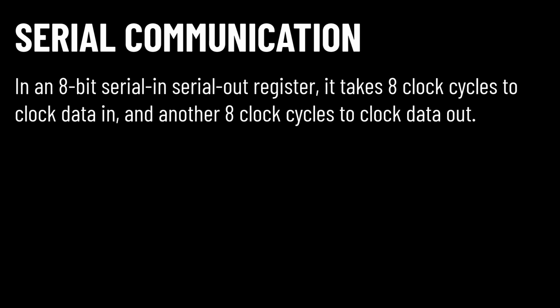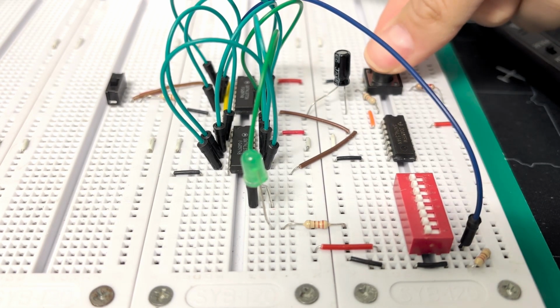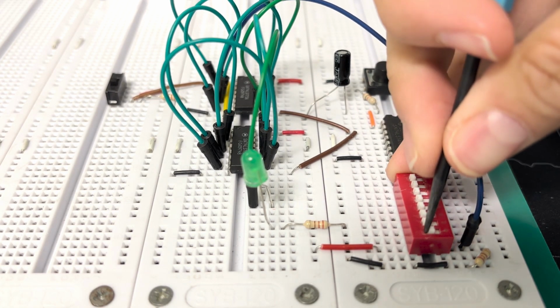In an 8-bit serial in, serial out register, it would require 8 clock cycles to shift an entire byte of data into the register. Then it requires 8 more clock cycles to shift that data byte back out of the register. In this demonstration, I'm shifting the data byte represented by the hexadecimal value